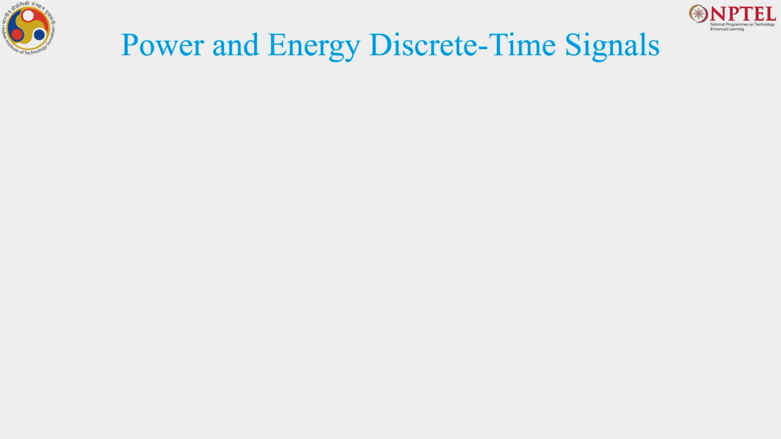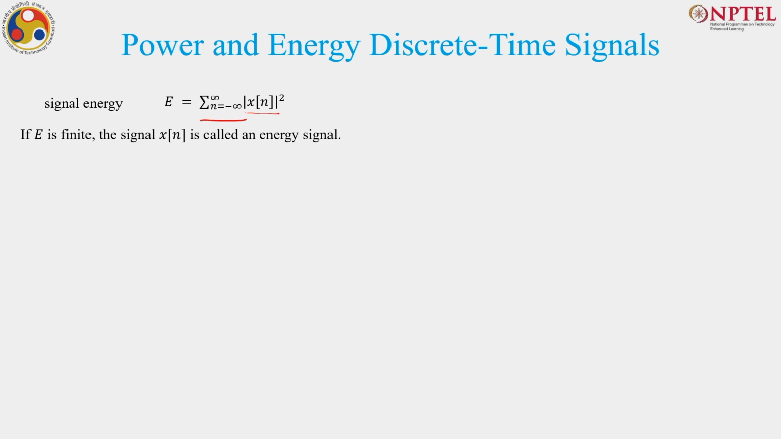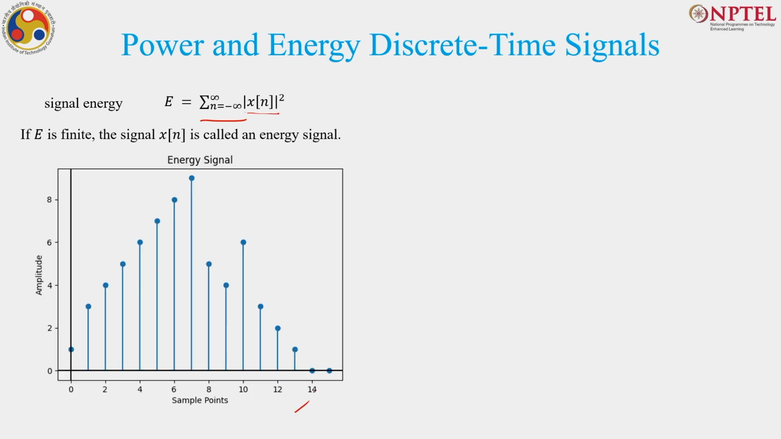The next categorization is power and energy discrete time signals. First let us try to understand what signal energy is. Signal energy is obtained by taking the absolute value of the signal, squaring it and summing it over negative infinity to positive infinity. If this value E, the signal energy, is finite, then the signal is called an energy signal, something like this. This is a finite length signal, so you can definitely calculate the energy and it will be a finite